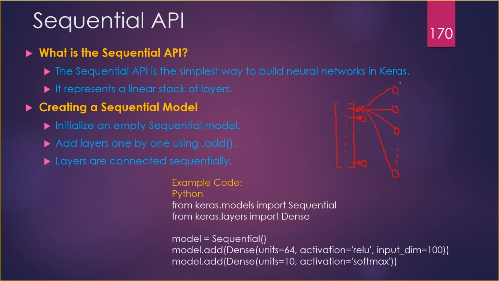So the number of hidden units in the second layer is 64. That means in the first model.add line, we specify the number of neurons present in the second layer